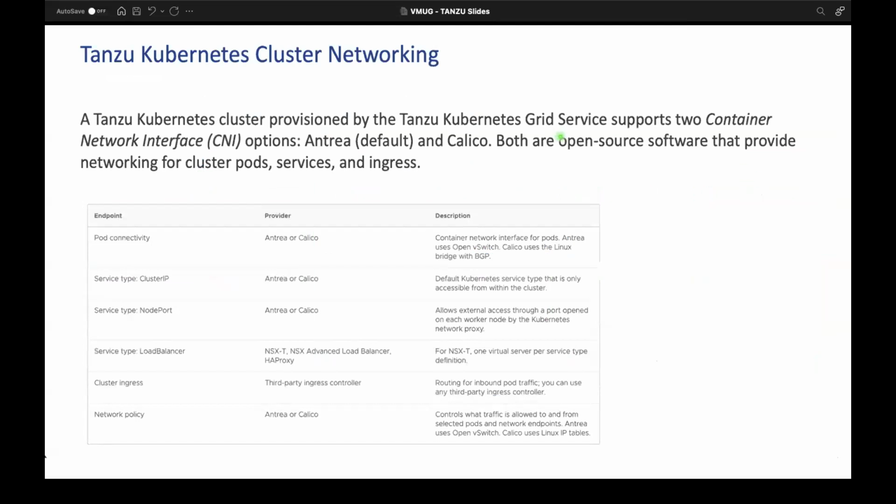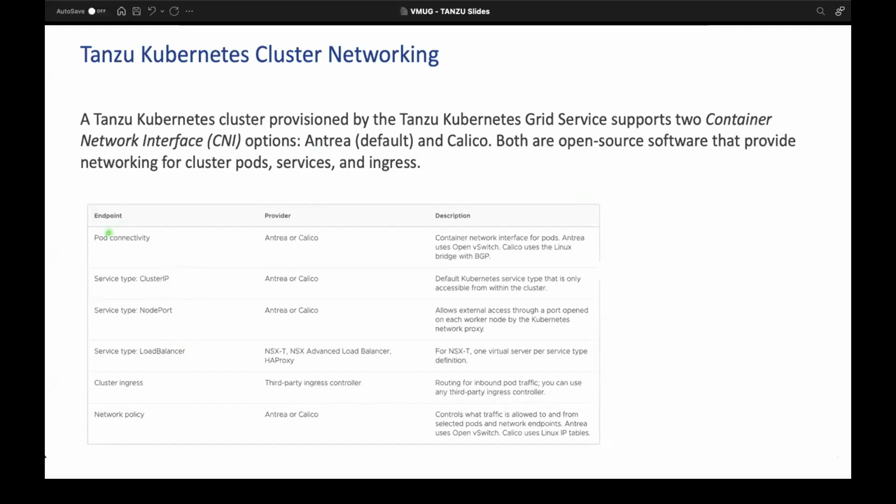Then, coming on to the networking part of Kubernetes, we have CNIs, the container network interfaces. These are the plugins that we can use. There are many available in Kubernetes, but with respect to Tanzu Kubernetes, we predominantly have two CNIs available, called Antrea and Calico. They are the network providers for Tanzu, and I'll just cover a few types of connectivity and the networks that we deal with in Kubernetes.